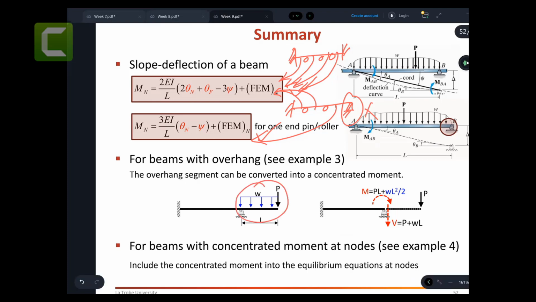When you have an overhang, like something hanging like a balcony, you can convert this into a concentrated moment and you can remove this part. Right, so I think that's the overall